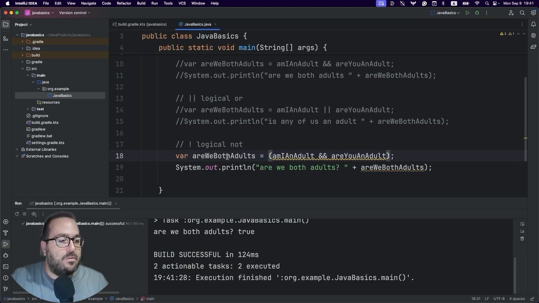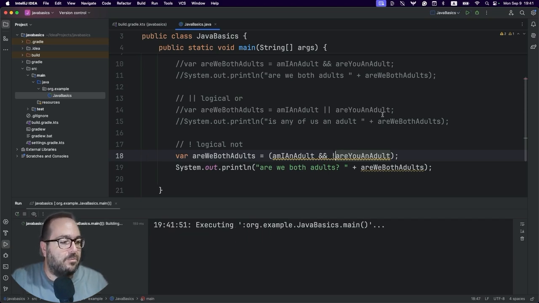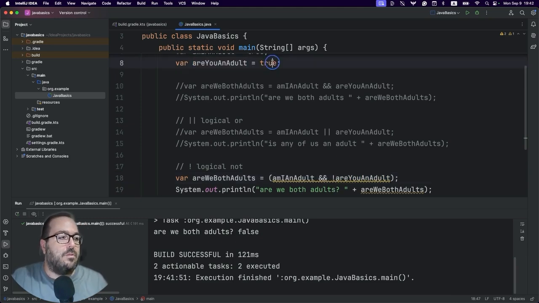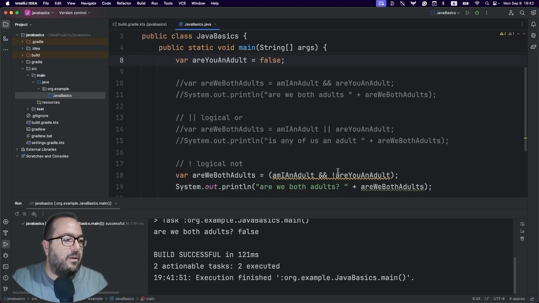Very nice. Now, if we use the logical NOT operator, we can do in here in front of the parentheses, and we are going to get a false. So it's reversing what the actual value is, right? If we want to go to the are you an adult and reverse this one here, use a logical NOT, it's going to be false again, because it was true and was true the second part also, but we reverted that to a NOT, which means we reverted the true to false. If it was initially a false one, and we were reverting in line 18, actually I'm going to clean up our view a bit.